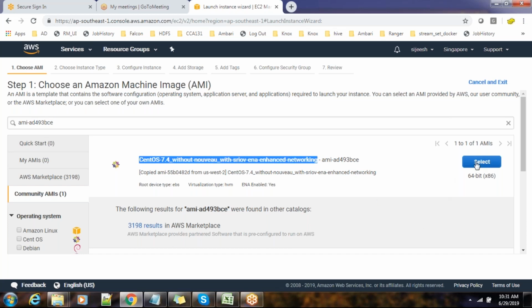So I'm just selecting the image. It's nothing but choosing the operating system. We can have CentOS 7, or RHEL; both are the same except for the license and support. For us, CentOS is enough. You can choose either 6 or 7, but if you are using 6, you have to choose the software based on that, and if you are using 7, you choose the software based on that.